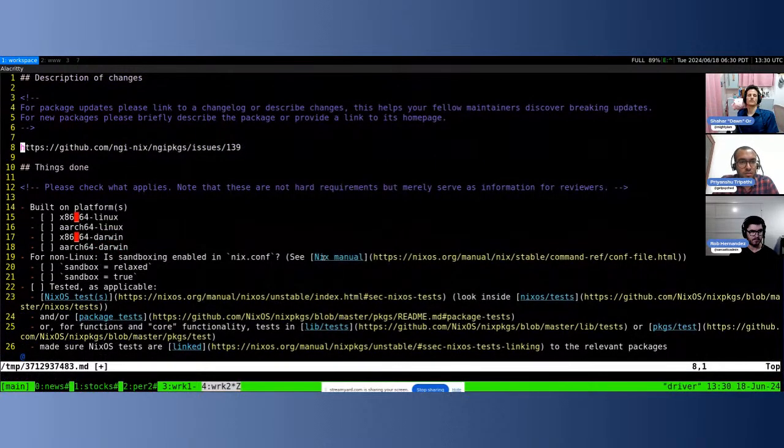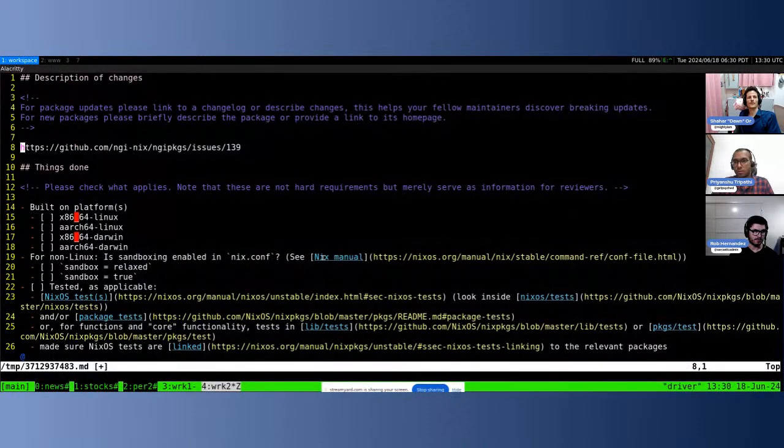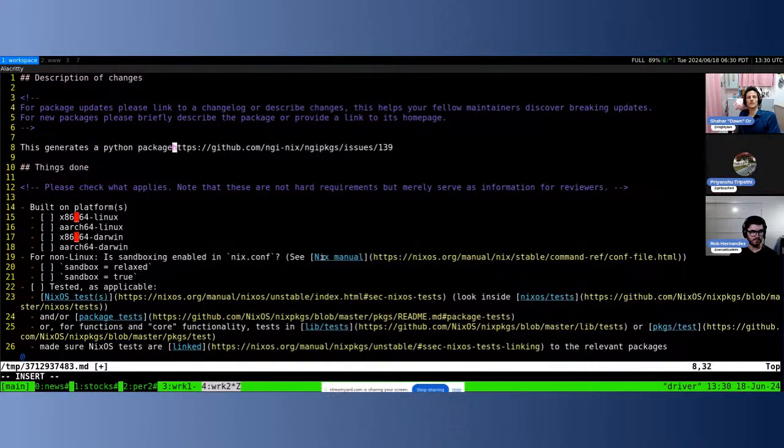Could you help paraphrase this? So it's just a PR description that we have to add. This generates a Python package for each tree-sitter grammar that exists in